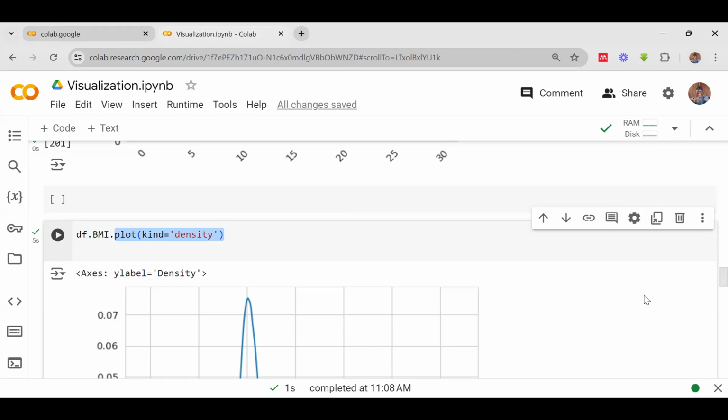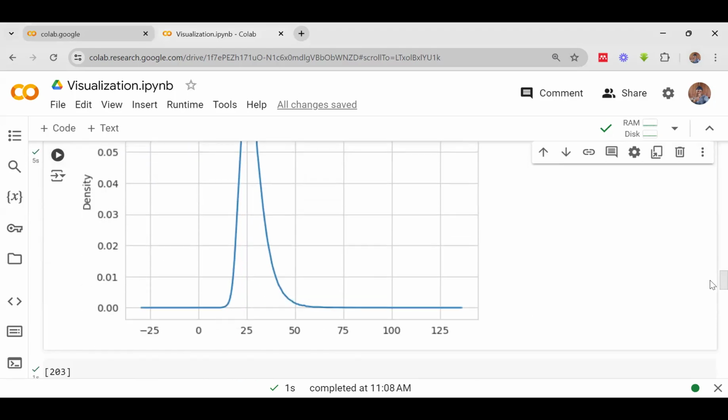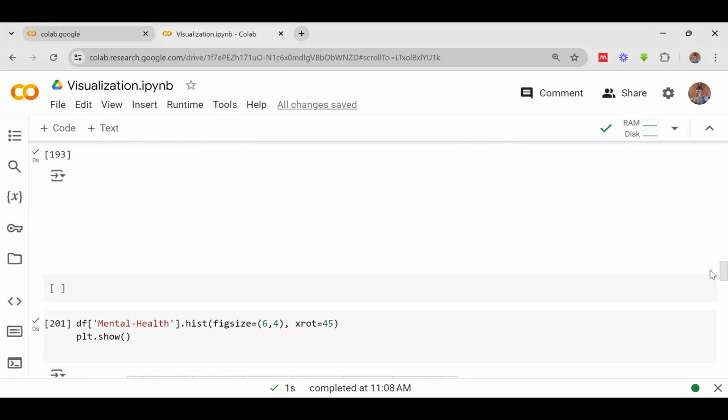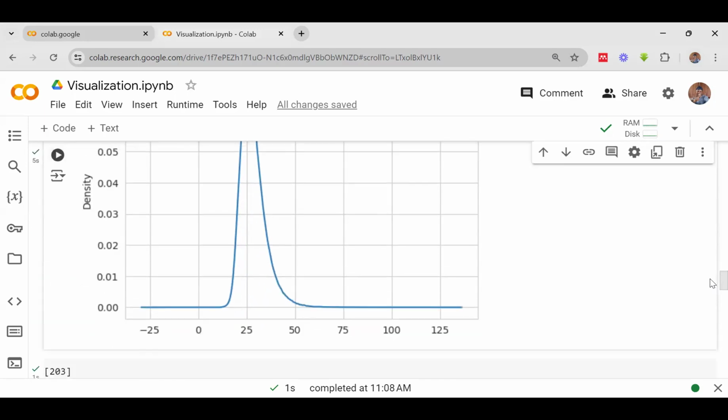Of course, in our imports, we imported matplotlib, and we also imported Seaborn. We can plot through matplotlib. We can also plot through Seaborn. There are some plots where we just decided to use Seaborn, and some where we decided to use matplotlib. So in this one, we use both matplotlib and Seaborn. The first one was matplotlib, and the second one is Seaborn, and you can see the only difference is maybe